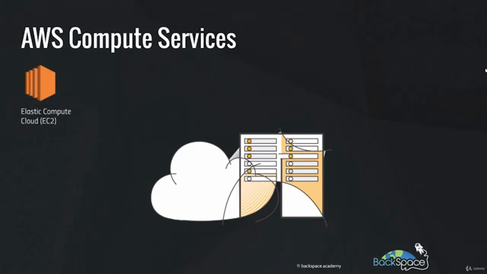Amazon Elastic Compute Cloud, or EC2 for short, provides virtual servers in the AWS cloud. You can launch one or thousands of instances simultaneously and only pay for what you use. There's a broad range of instance types with varying compute and memory capabilities, and those will be optimized for different use cases. Amazon EC2 auto-scaling allows you to dynamically scale your Amazon EC2 capacity up or down automatically according to